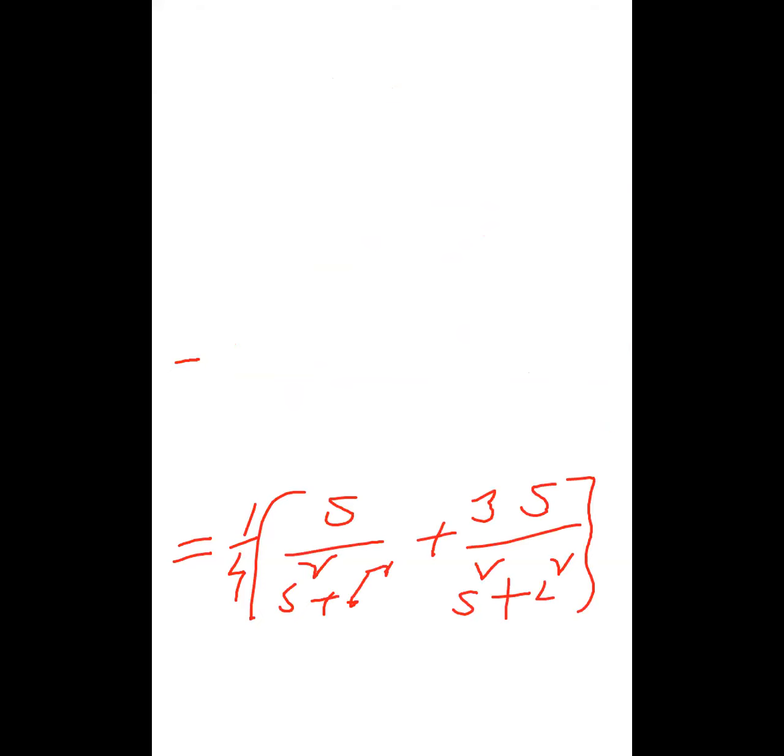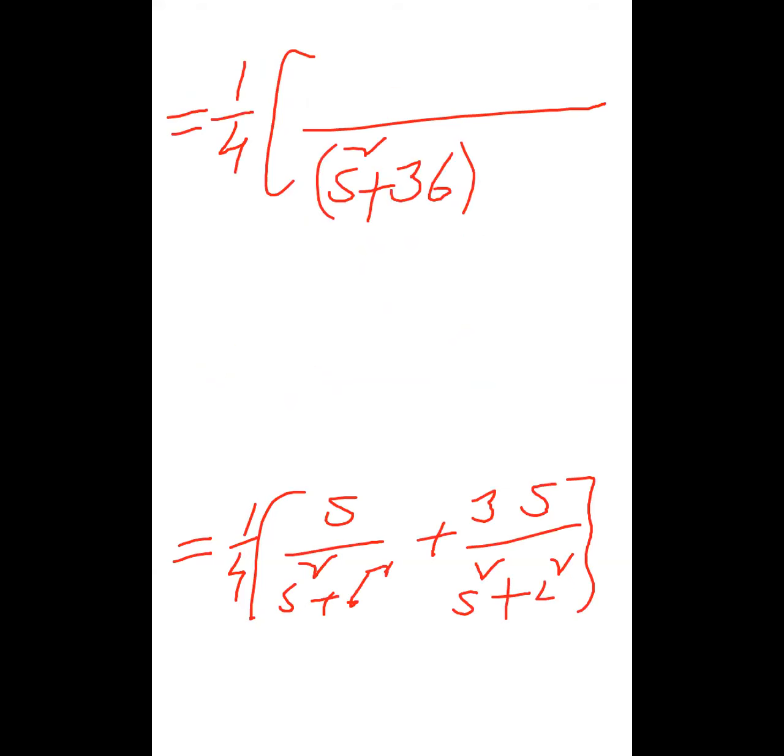Taking LCM on the right hand side. So 1 by 4 into S square plus 6 square, that equals 36, and S square plus 2 square, that equals 4. So the LCM of the right hand side is S square plus 36 into S square plus 4. Cross multiplication: 3 into S square plus 4